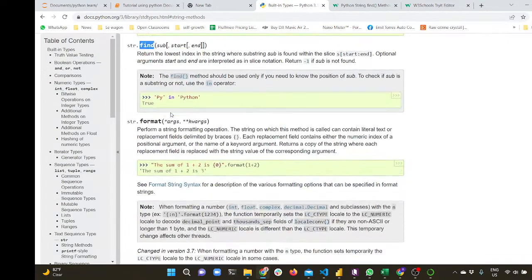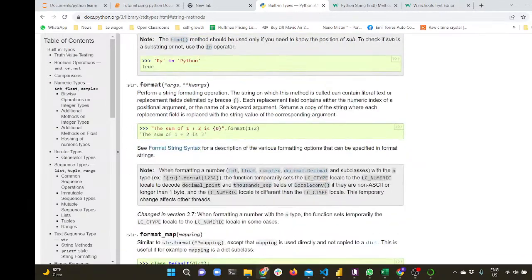Alright, moving on. We have the format. Instead of going through all of these, I think it would be better to read it, because here we can see that the curly brackets are used within the string itself. It says if you use the format,